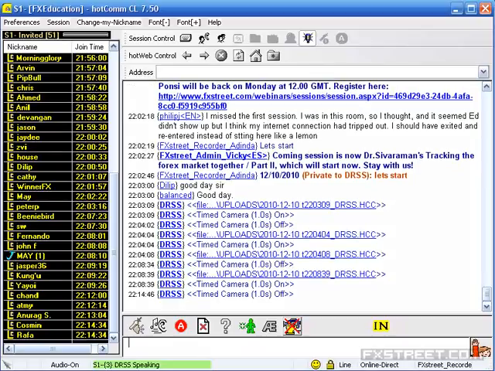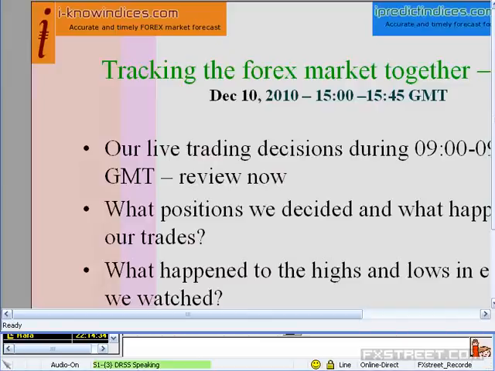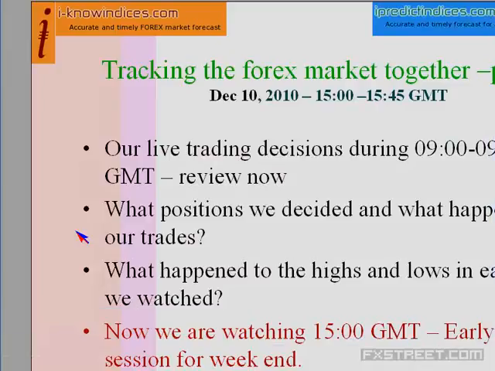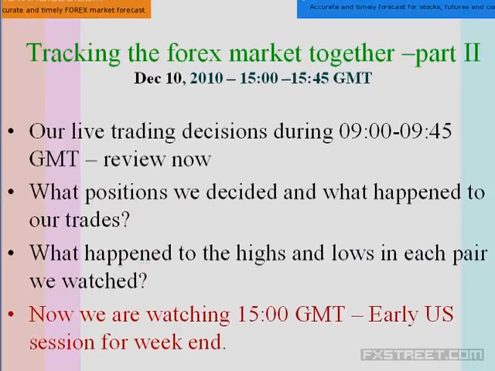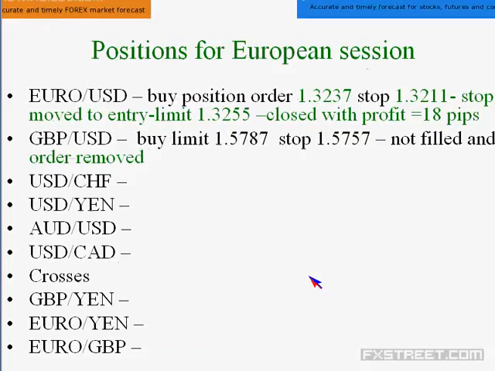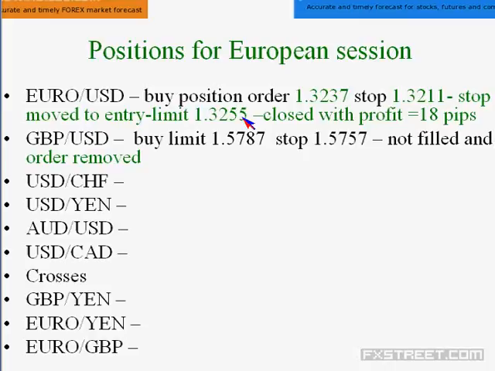Now let me come back to the positions I took during the European session. While I was talking to you during the European session, I kept the initial buy order at 1.3227, and that was not filled, and then subsequently I modified and took a buy at 1.3237 with a stop also modified